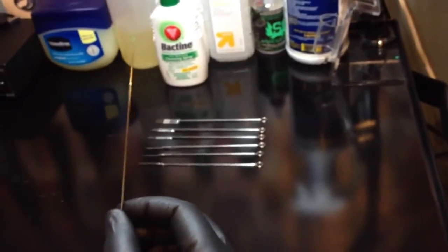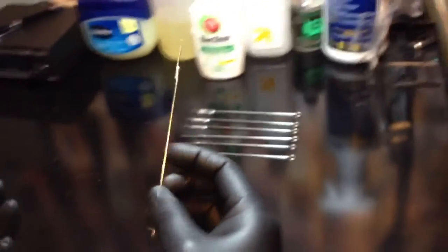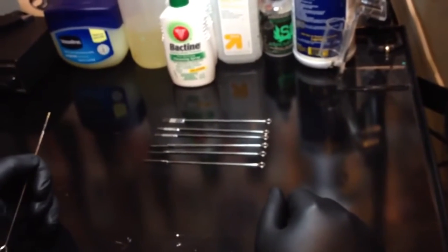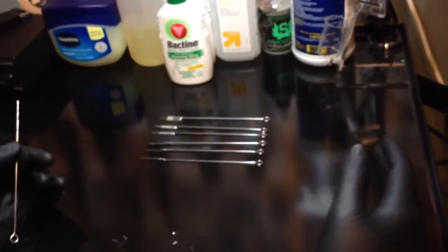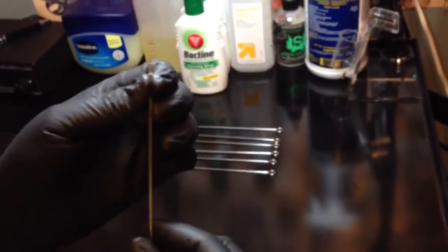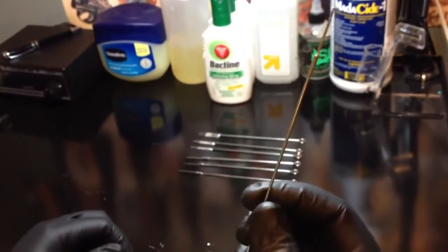These particular needles for me are very uncomfortable to use. I don't like to use them because they're too standard. I've never done just a standard tattoo, bam, that's a tattoo, standard script, standard shit. I've never done that before, so I don't really like to use these. If I need to make lines this thick, what I will actually use to make these particular types of lines, where these